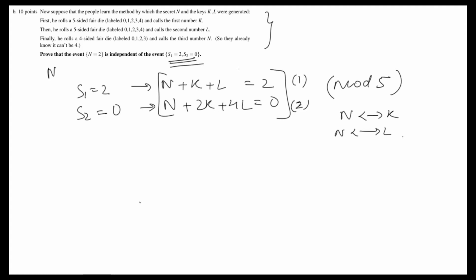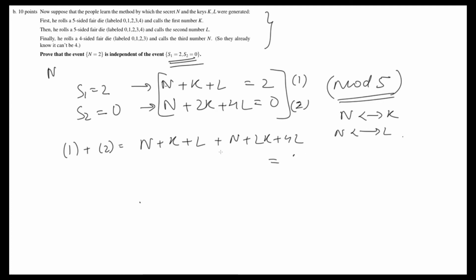Actually, we want to remove l from the system, right? We want to find a relation between n and k. How do we remove l from the system? We can take the second equation and subtract the first equation 4 times, which means l and l will get cancelled. But we're working in mod 5, right? So if we just add these two equations, then the coefficient of l will become 5. If the coefficient of l becomes 5, then it's equivalent to 0. So let's just add these two equations, which is n plus k plus l plus n plus 2k plus 4l